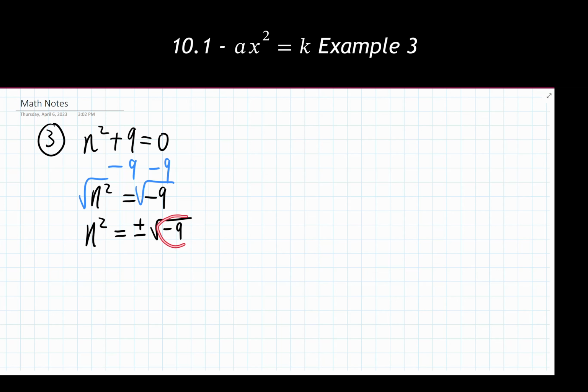Now, if we look at this, I'm taking the square root of a negative number. I cannot take the square root of a negative number and get a positive or even 0 or real answer showing up out of this. I would end up getting i and some kind of an imaginary answer. Now, most problems and most instructors are going to have you stop here. So this is where we'd say, I would have no real solution.